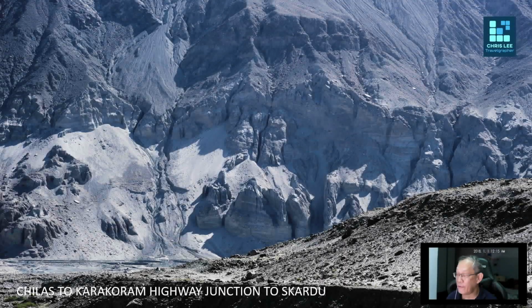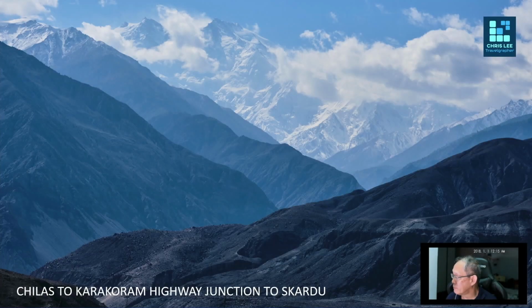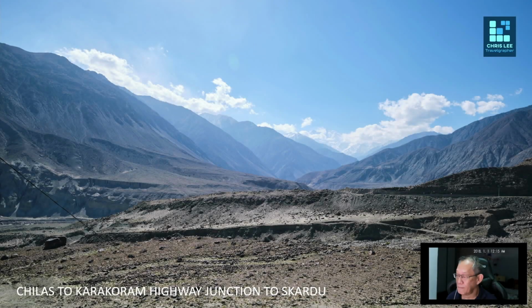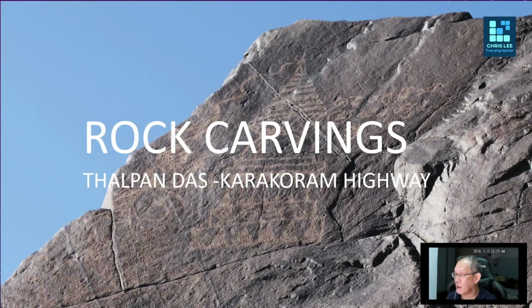A very dry region. I will look at it from the vegetation. It definitely shows that the rainfall in this region is very much less. Then, while we're driving along this stretch of the Karakoram highway, we will stop at one section, and